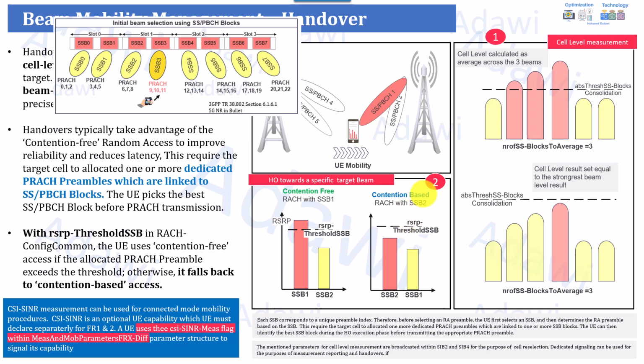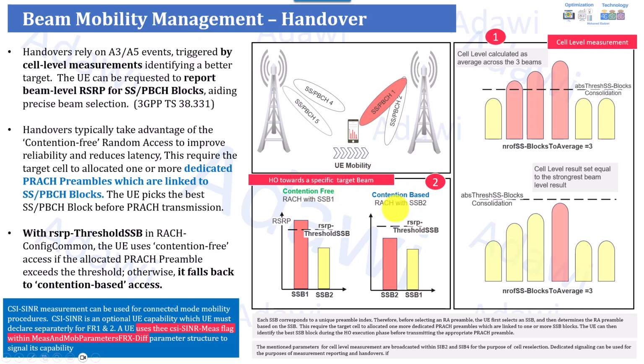So this is the meaning of the second parameter, which is mainly used to decide whether contention free or contention based is going to be used, and which beam is the best beam to be selected on top of the